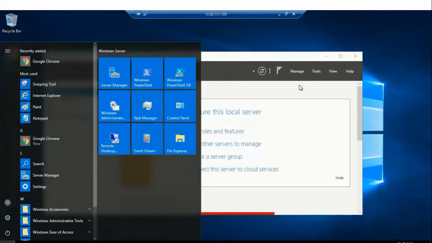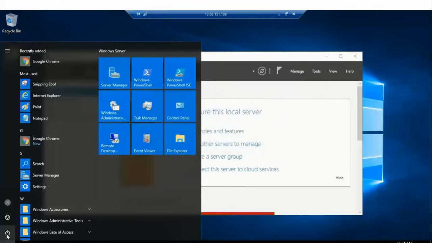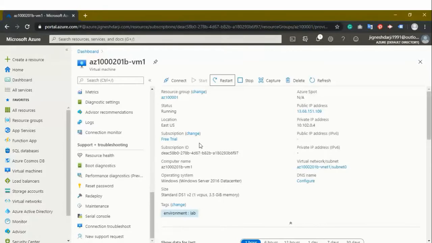So let's see, we already clicked on the Windows menu, so the Windows tray is already open, and in the background the Server Explorer is already open. From the close button you can also find the same option for disconnecting this virtual machine. The same options are available here. You can also restart your virtual machine from here and shut down from here. So these are the options from where you can shut down your virtual machine, and restart it if it is already shut down and you are not able to connect to it.